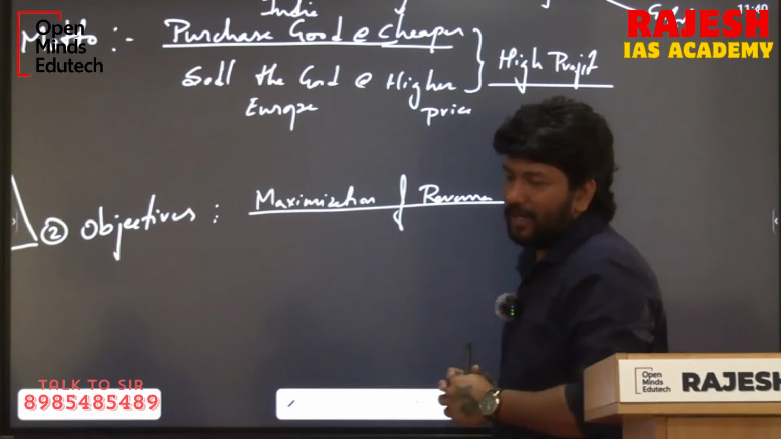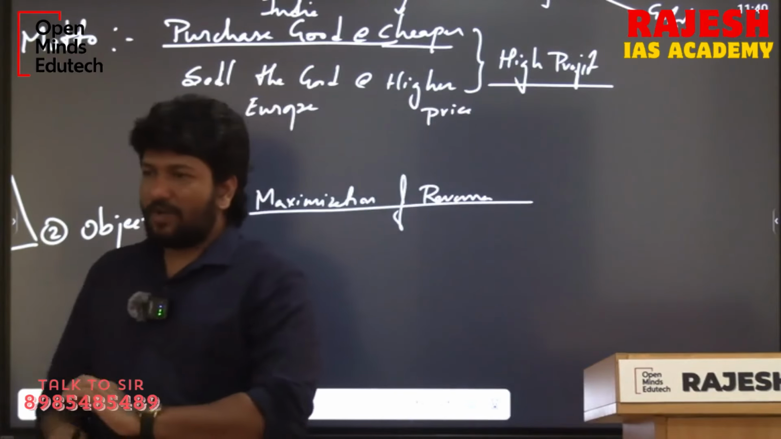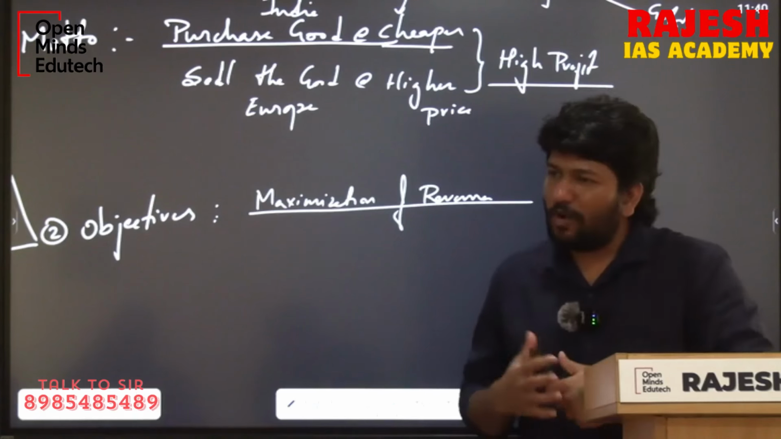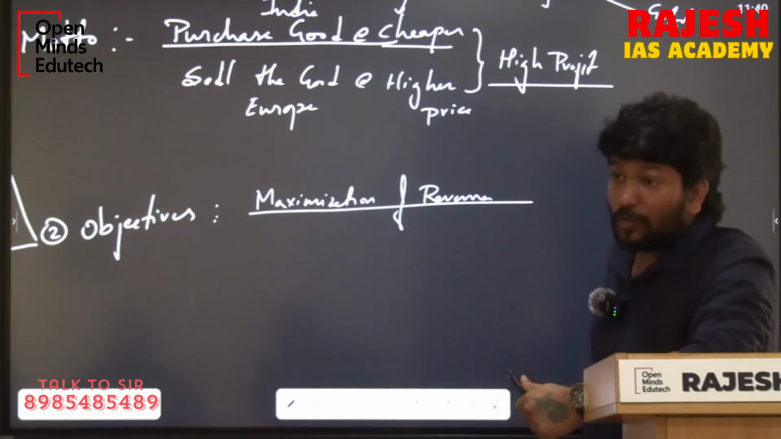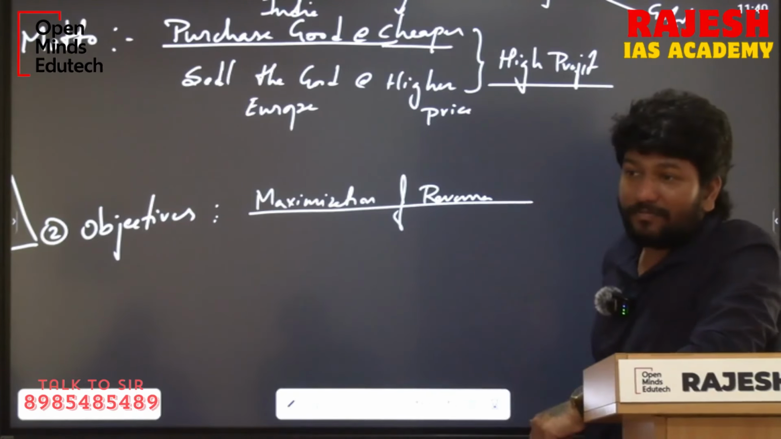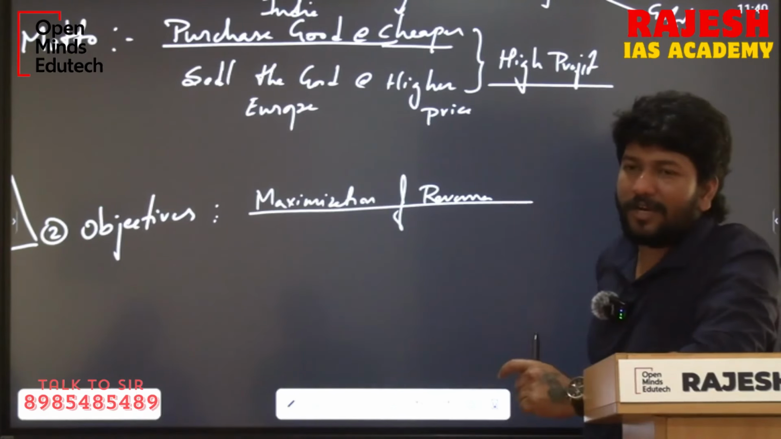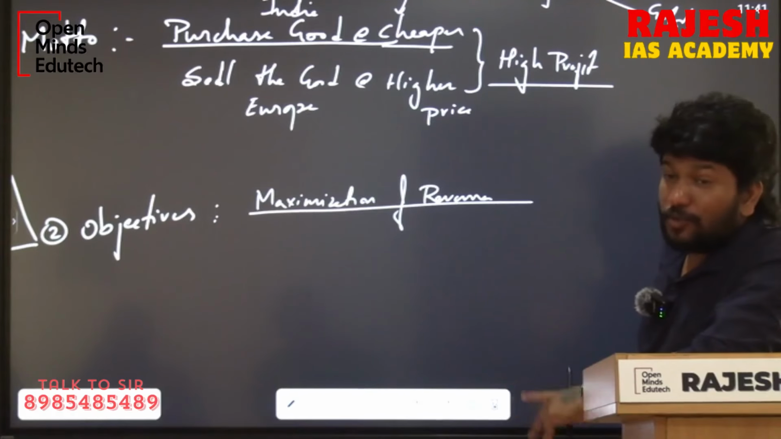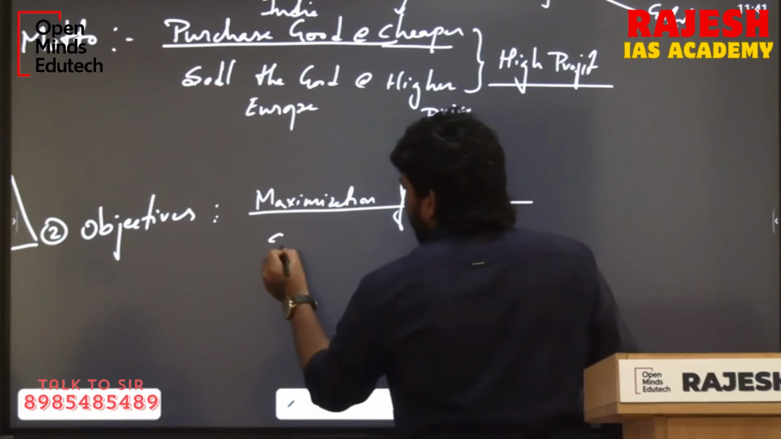Maximization of revenue from India. They want to increase the revenue from India, from whatever the source, so that they can purchase the goods from India with Indian money only. This is called drain of wealth. So maximization of revenue from India, so that substantial money